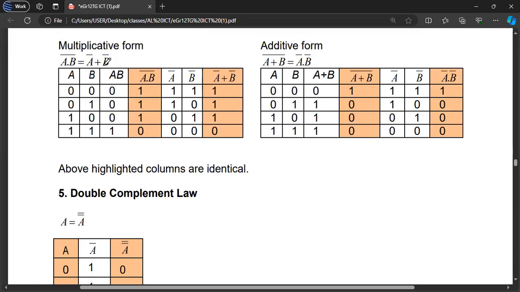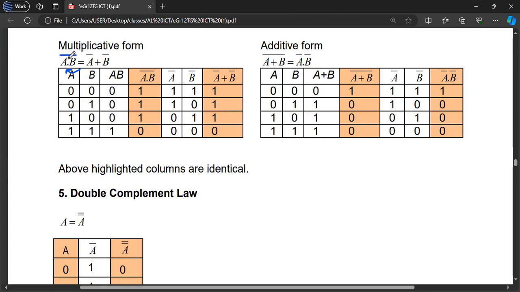Now dear, if I ask you a question, if there is a bar at the top, what does it mean? Opposite, no? So now look here, try to understand this without the truth table. Now here you are having dot, right? So what is the opposite of dot? Plus, no? So then if this bar is broken,